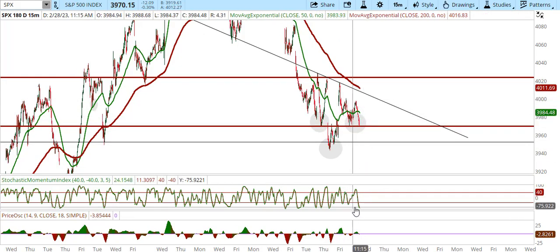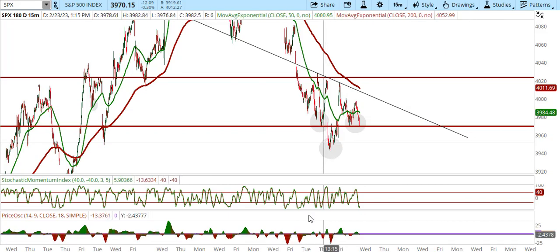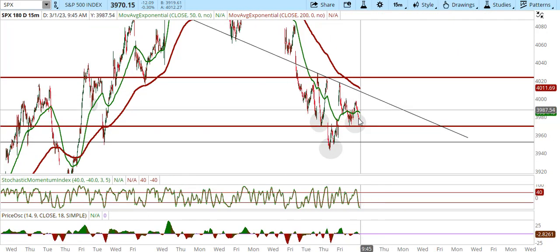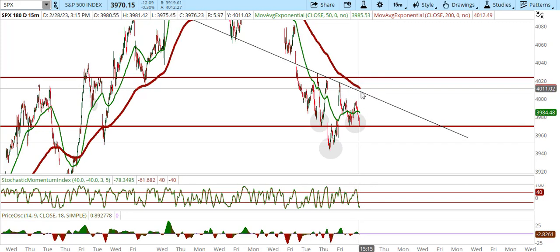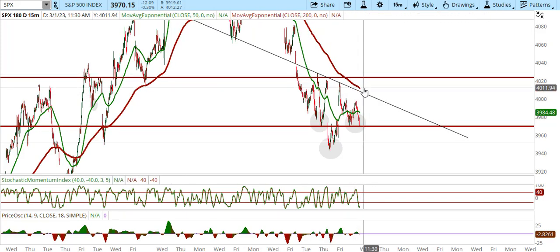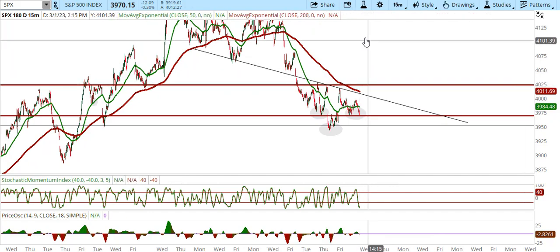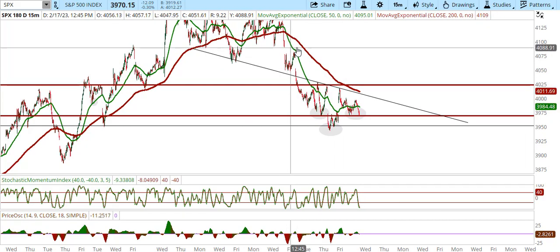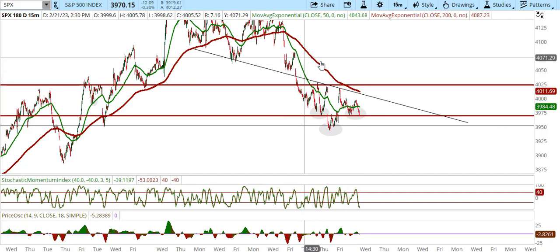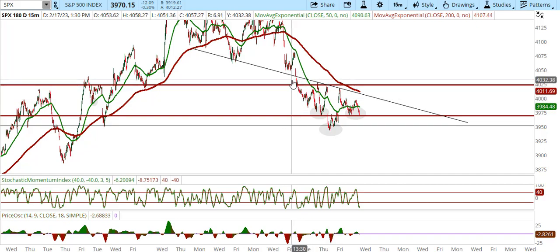But if the pattern's going to play out, we're pretty oversold right here. We already have the bullish divergences in place. And really, what's going to have to happen is the bulls are going to have to get above this resistance zone right here. That's going to be the 40.11 up to the 40.23. If they do that, then we're going to be coming up, and really we're probably going to be hitting